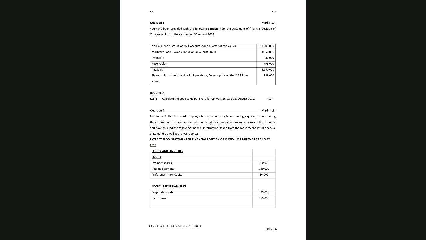Anyone got any questions about 3.1? The nominal and the current. Okay, so when shares are sold, have you guys heard of an IPO, initial public offering? That means that's the price that the share was initially sold for when the company first issued the share. And that's the money that the company received. So the 88,000 Rand is the money that the company received when they first sold those shares for the very first time in the open market. And making up that 88,000 Rand, they received 11 Rand per share.